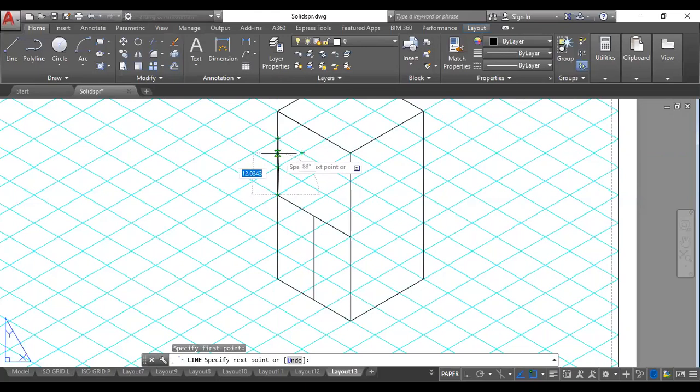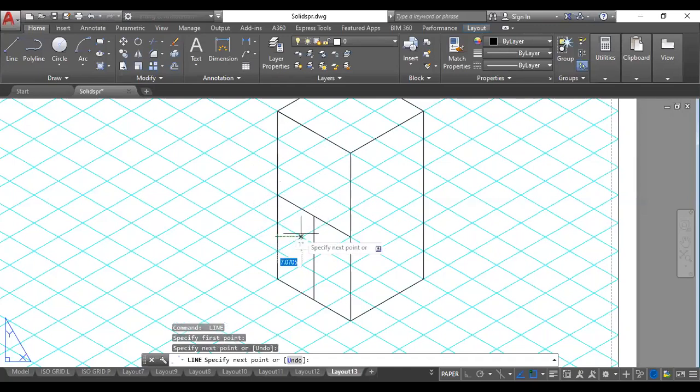On the same side I'll come to the other line. It has to be the same vertical line on the other side. So from here I'm supposed to come half, 15 of it. Same way I'll take one more line from here. So this is 15 and the center will be here.